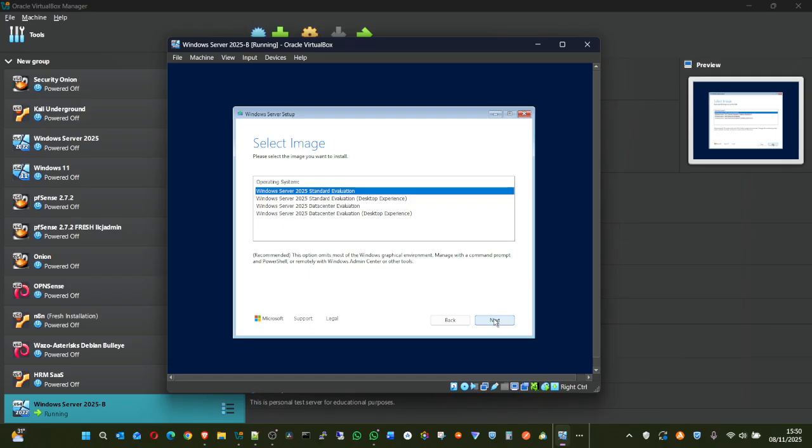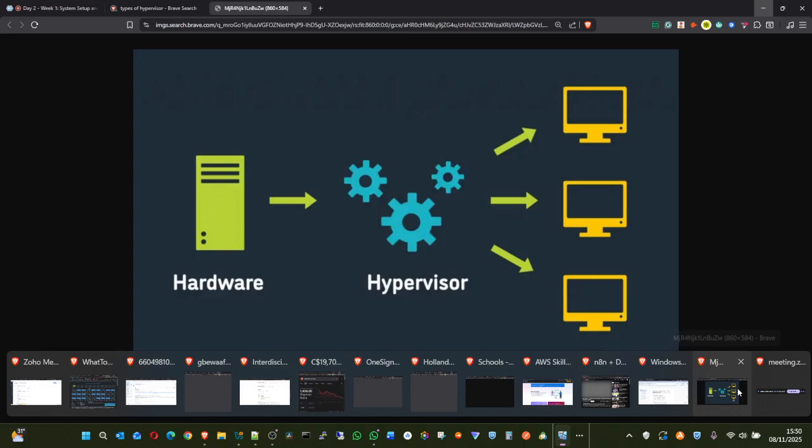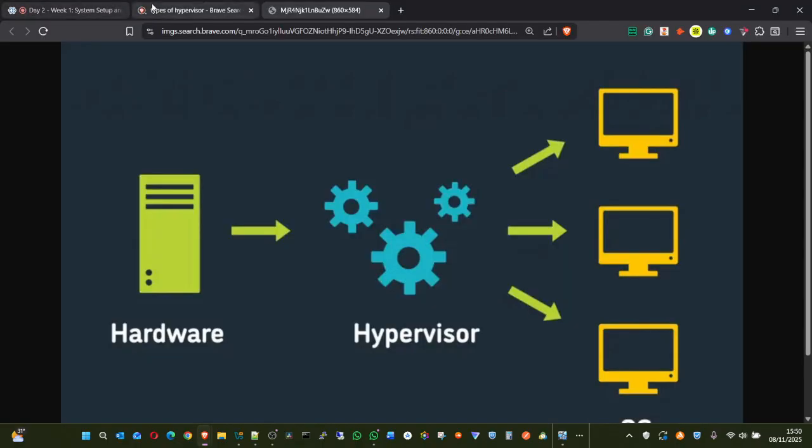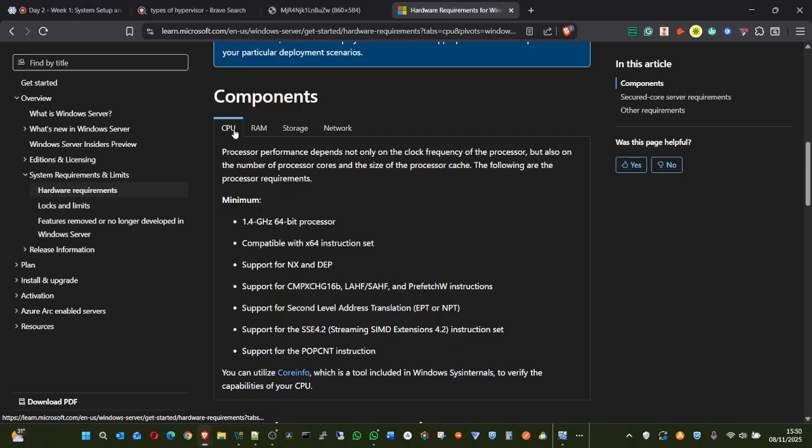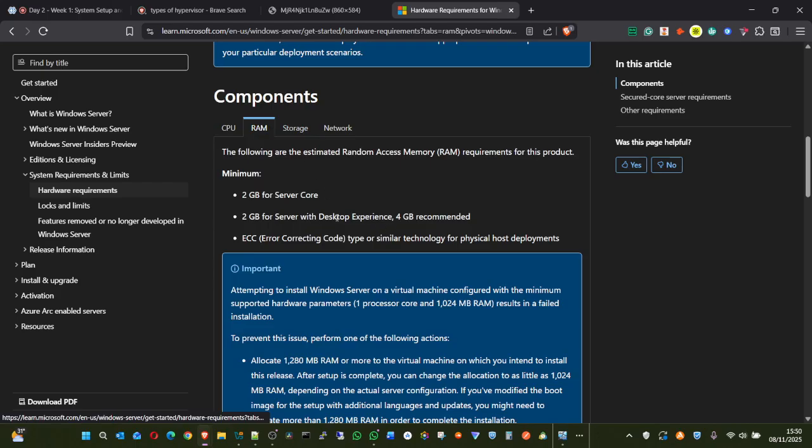That is what they were talking about that time, when they were talking about the server core and desktop experience. For example, hold on, let me. Good.